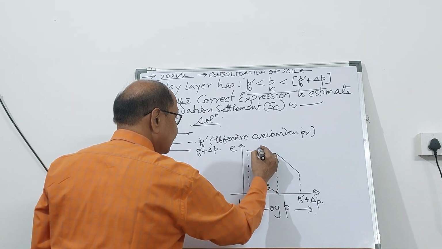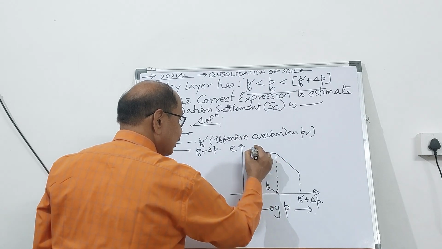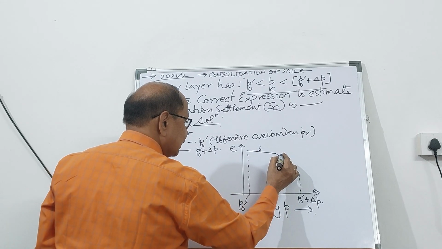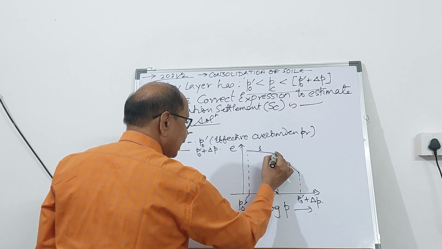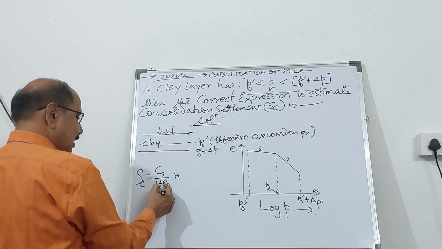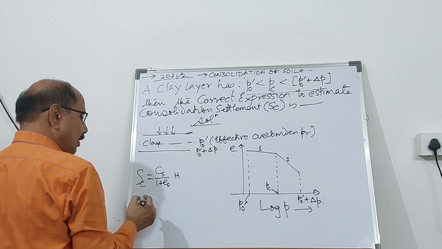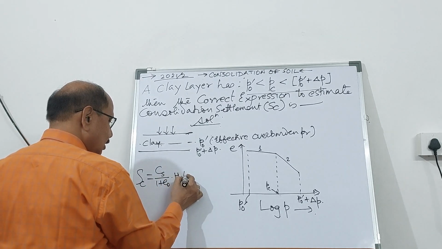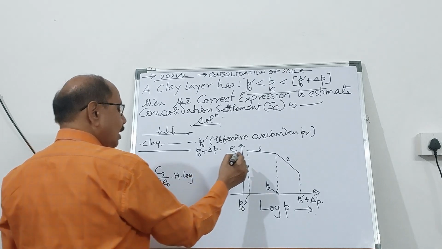Between this band, we may call it the over-consolidated clay part, behavior like 1, and this is 2. So for 1, it is Cs divided by 1 plus e naught into H into log of